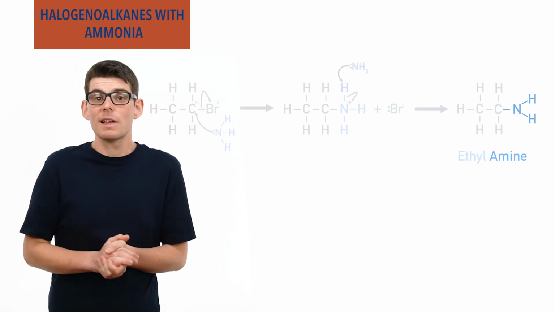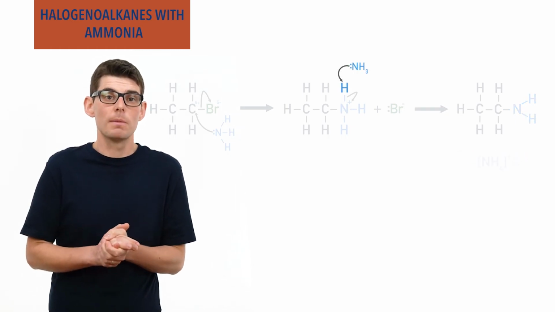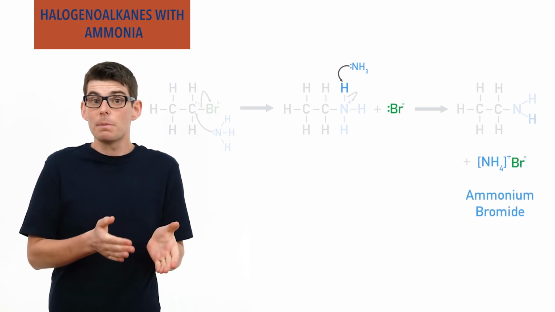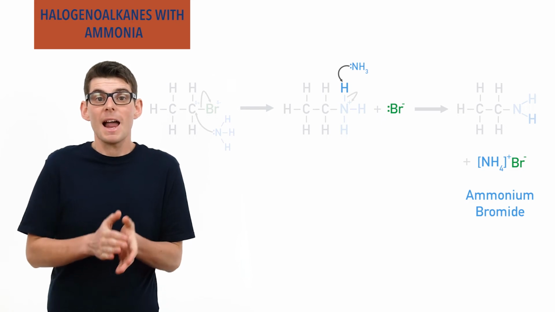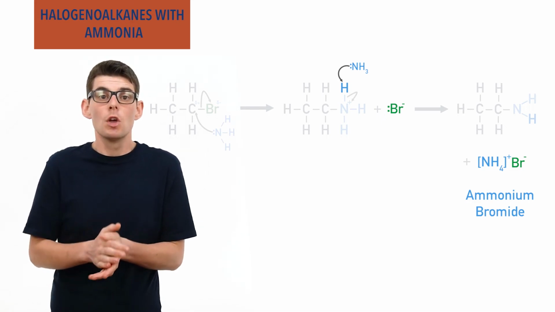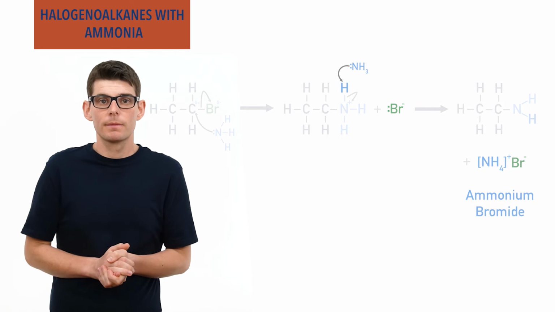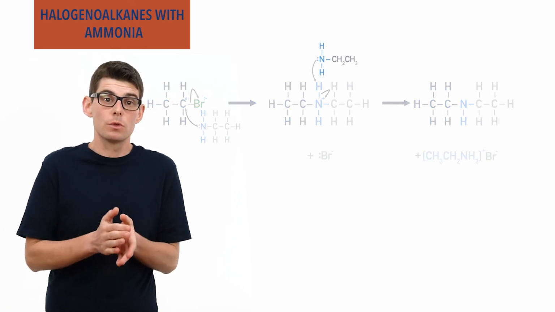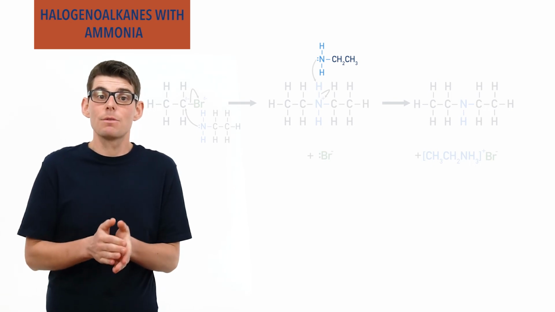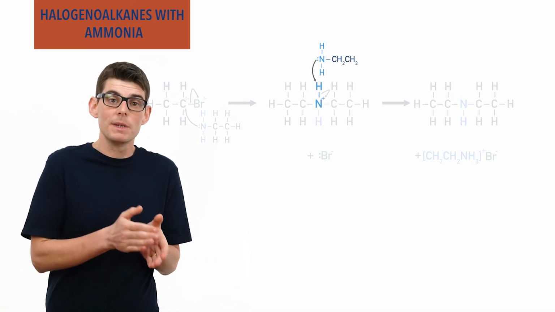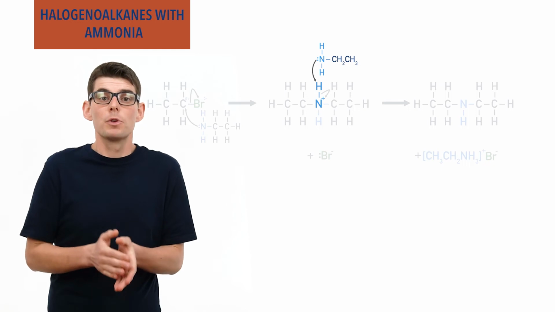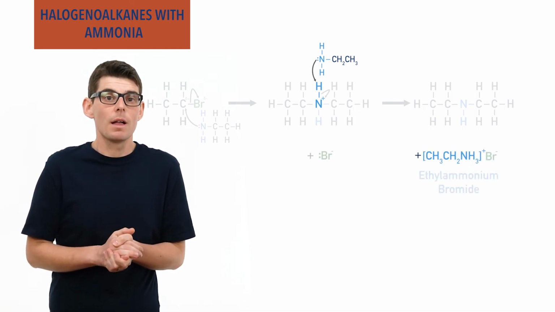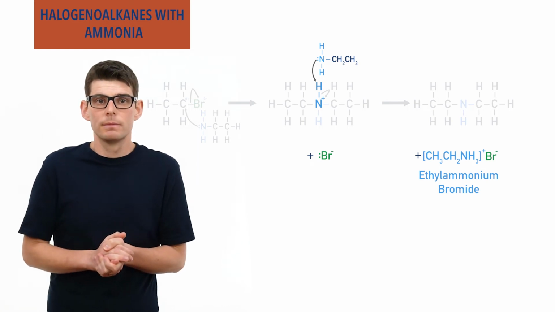The ammonia that accepted a H+ ion becomes an ammonium ion, meaning ammonium bromide is also formed, made up of the positively charged ammonium ion and a negatively charged bromide ion released in the reaction. Further substitutions can occur, and ethylamine molecules already formed can act as a base and remove H+ ions from new intermediates formed in the reaction, producing ethyl ammonium ions and leading to the formation of ethyl ammonium bromide salt.